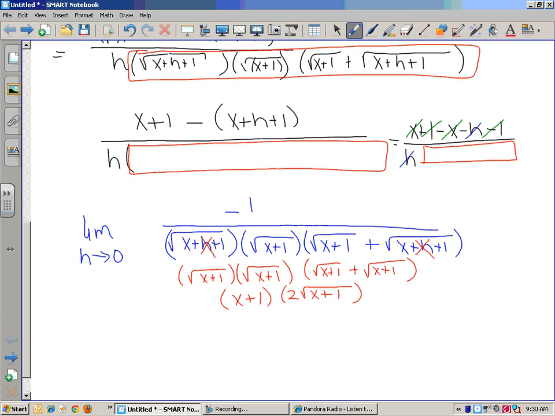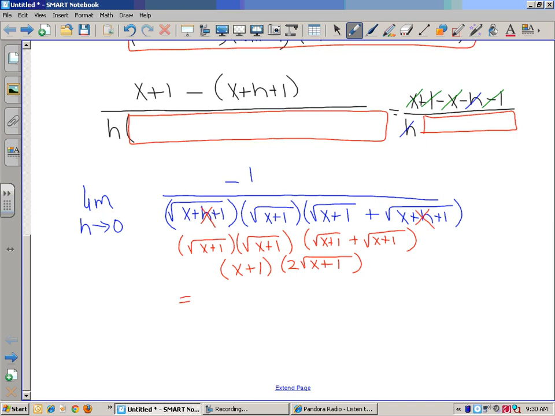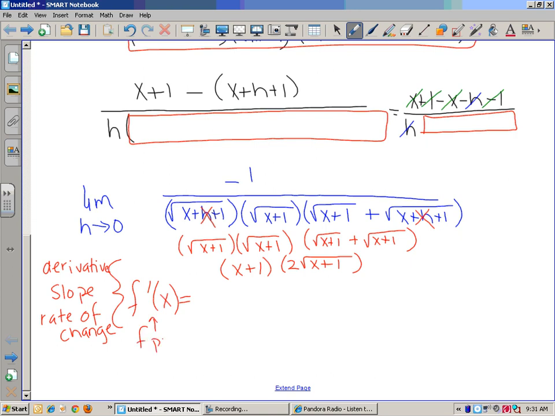Okay, so my final answer is going to be that my derivative, remember, we have 3 ways we can say this. We can say derivative, we can say slope, and we can say rate of change. Okay, for notation, remember this is f prime. Okay, and now what I end up with is negative 1 over x plus 1, pull the 2 out